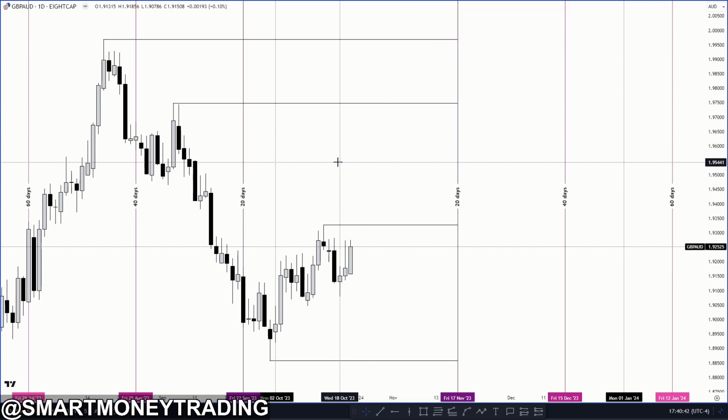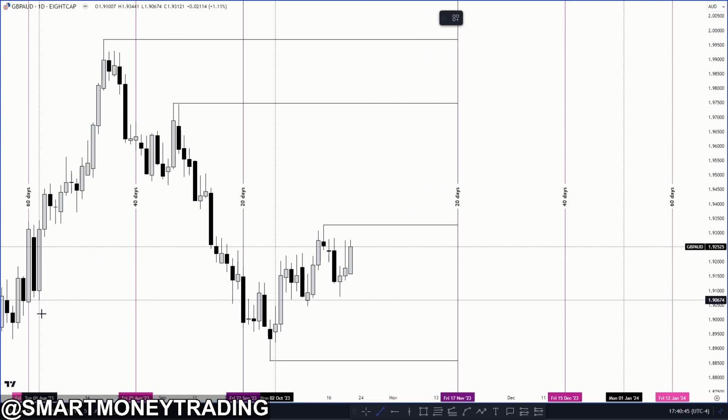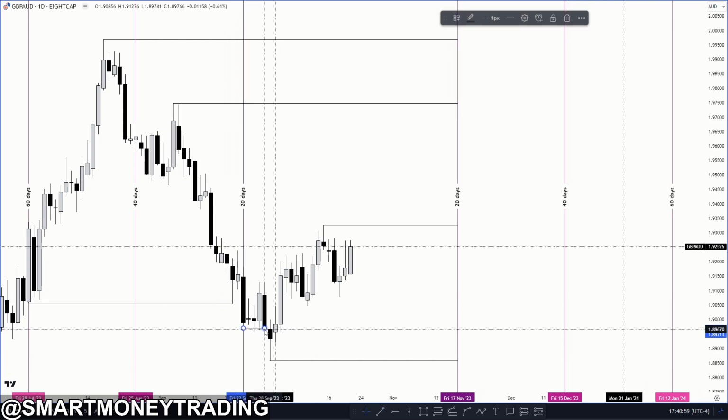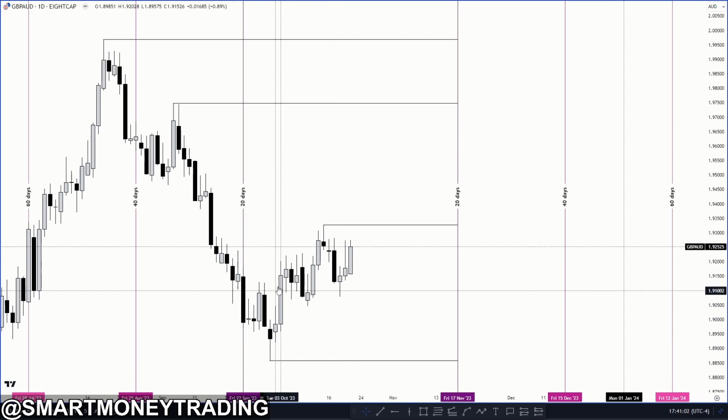So that is pretty much it. You can see we swept the low from the 60-day range, it is right on the 60-day range right there. And then eventually we swept the low from the 40-day a while ago, down here. I would expect it to be at least this one right here, I guess. You can say it was this one. We swept it. So we are looking like to be more of that buy program